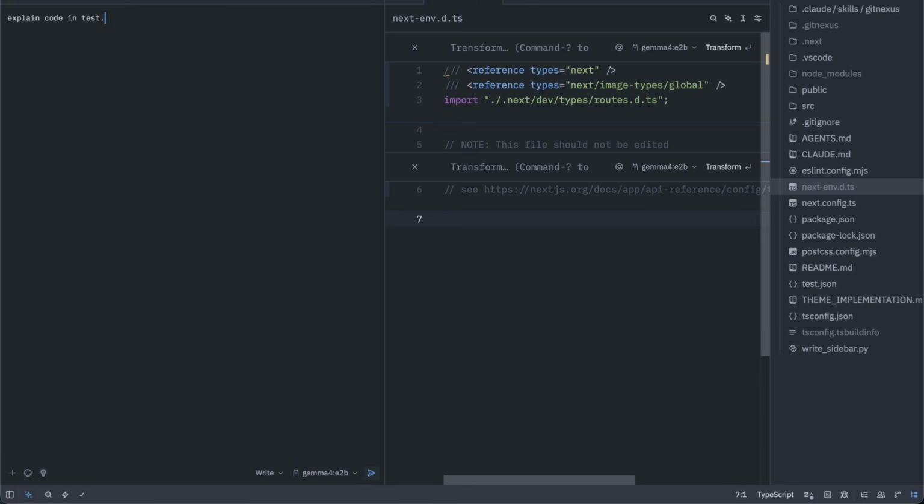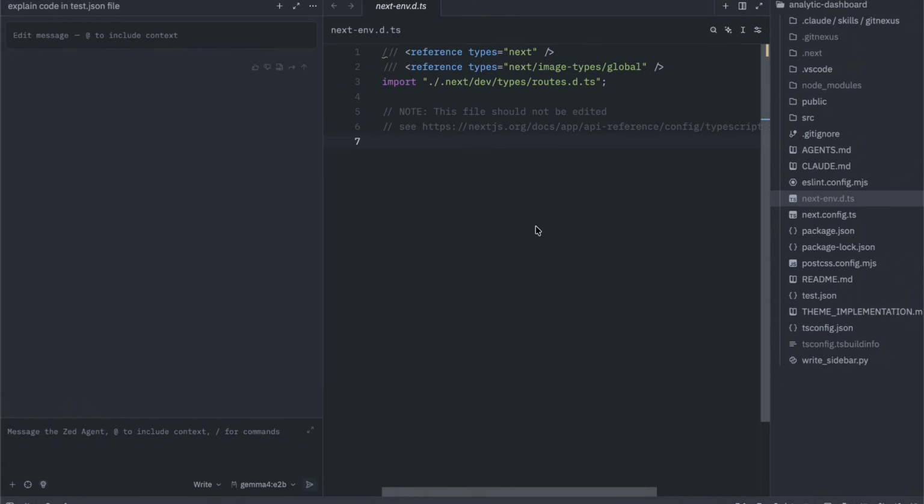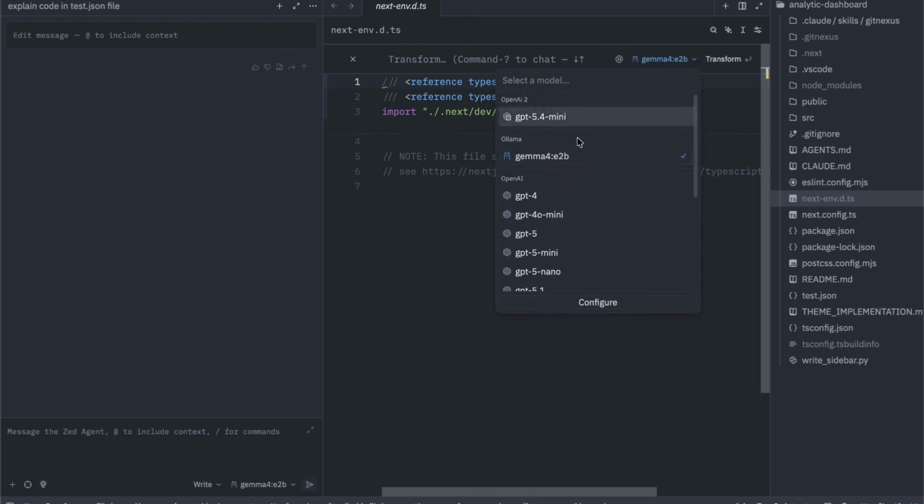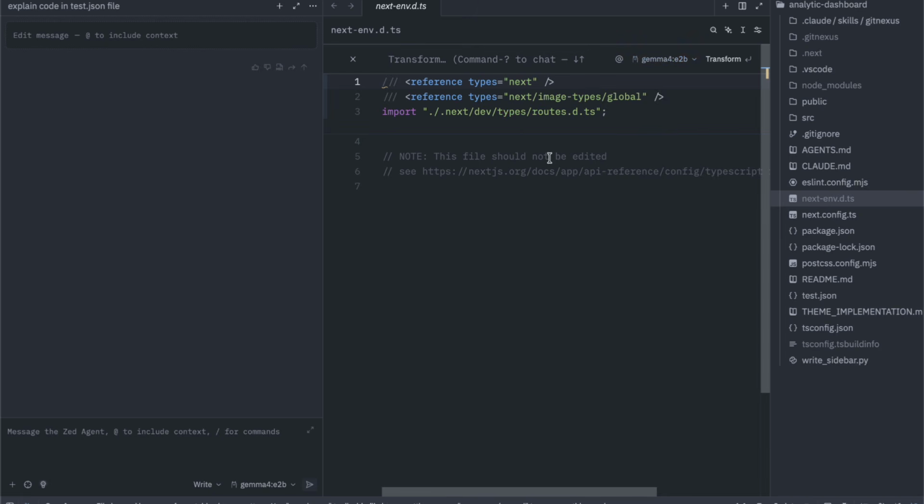Ask it to explain a file, refactor a function, generate a unit test, or scaffold a new component. For inline edits, select some code in the editor, hit the inline assist shortcut, and ask for a change. Zed pipes the request through Ollama. The model runs locally, and the response streams back into the buffer. Exactly the same workflow as using a cloud model, except the inference happens on your hardware and nothing leaves your